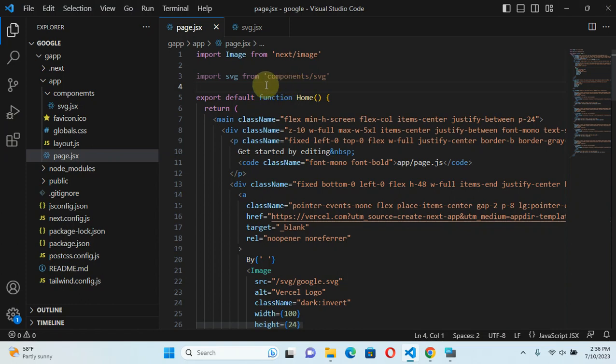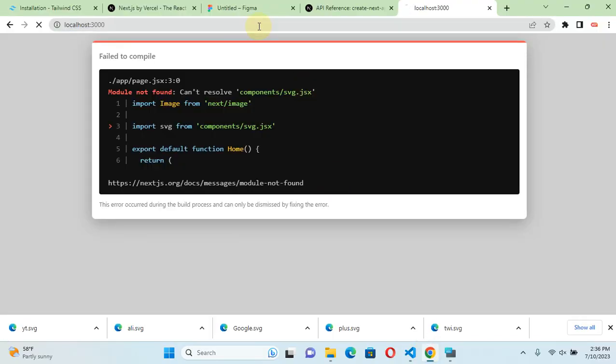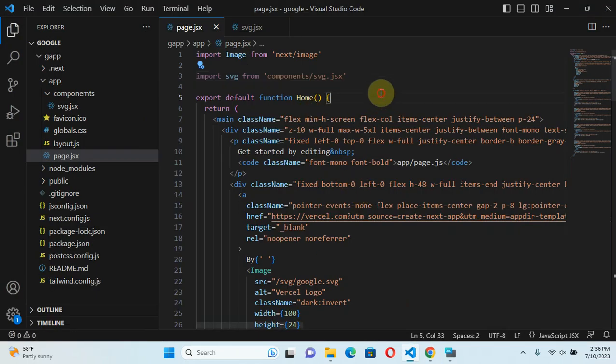What's the first thing that we can do from here? Number one, let's type the full extension JSX. That's the first thing that we are going to do. Let's rerun it and test. As you can see, even though we've got the JSX, still it's not found, not a problem. Let's see what else we can do. Let's type a forward slash here to see if it's going to go to this app directory, and then